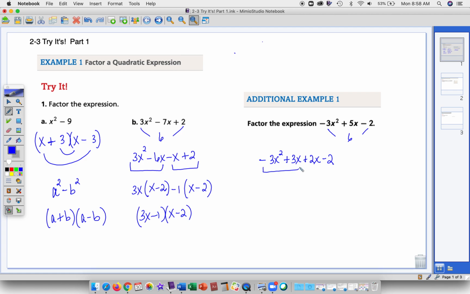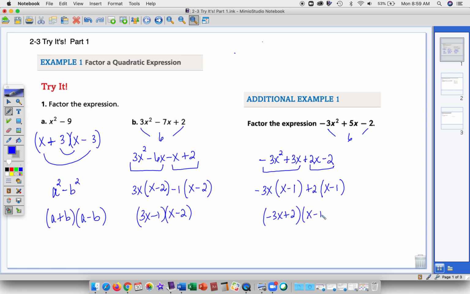When I group these terms, I can pull out, let's pull out the negative. Pull out a negative 3x. So that leaves us with x minus 1. Okay, from these two terms, I can pull out the 2. And that'll leave me with x minus 1, which is exactly what I need, right? So I group these terms together. So that would be negative 3x plus 2